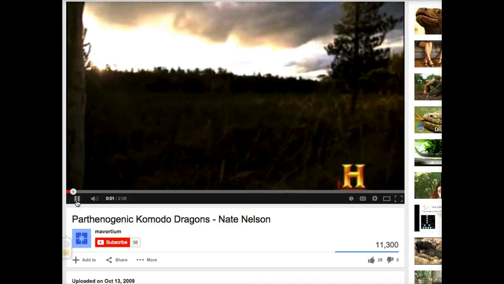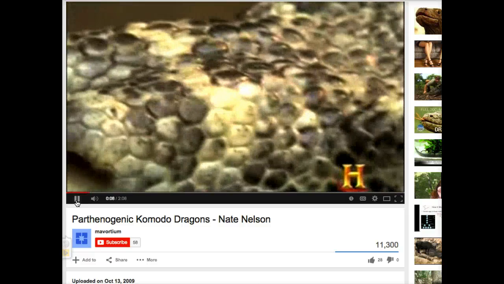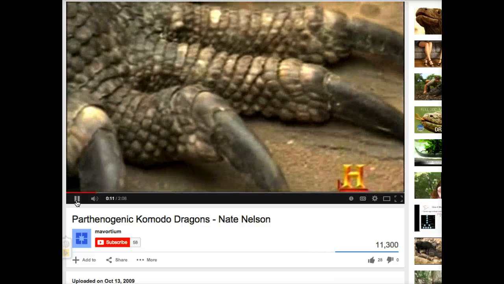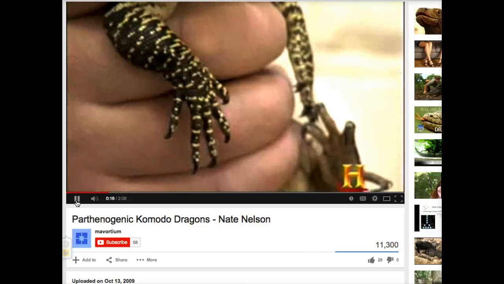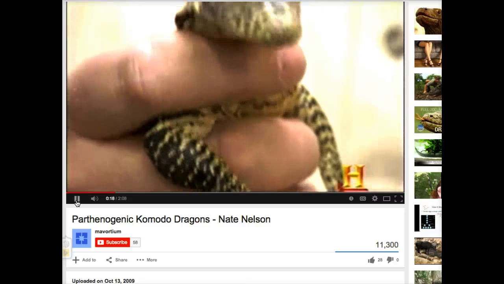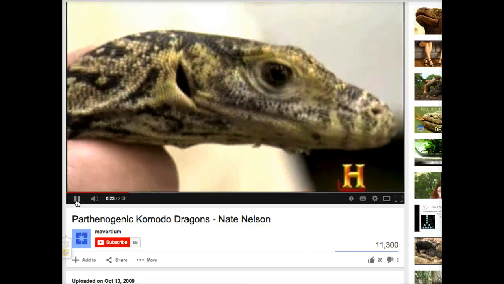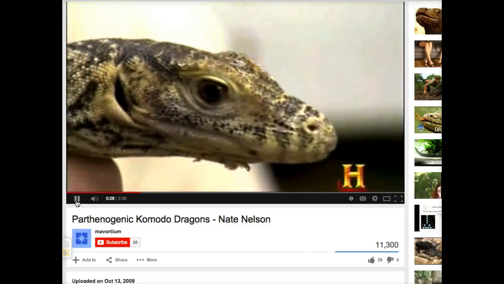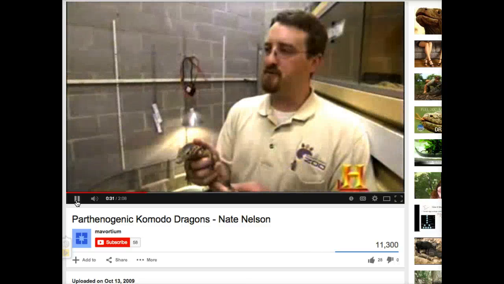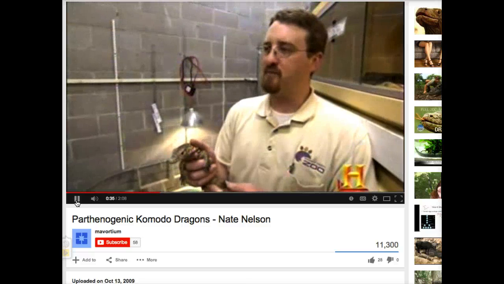And critics cite it as a major factor against the existence of most cryptid creatures. But a recent discovery could turn that argument upside down. Megalania's modern relatives, Komodo dragons, can multiply without a mate. Called parthenogenesis, it is the process of producing offspring without male fertilization, and it has surprised the experts. There are a handful of reptiles out there that do reproduce parthenogenically. It came as a big shock, I think, to most people that Komodos were capable of doing it.